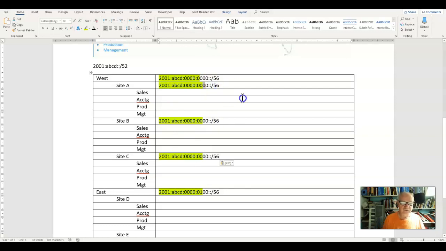This will be the 0th network. And by the way, these now are 60. I've borrowed 4 more bits, or 1 more nibble. So this will be the 0th right there. This one will be the 1 network. And then this one will be the 2 network. And again, these are now 60.